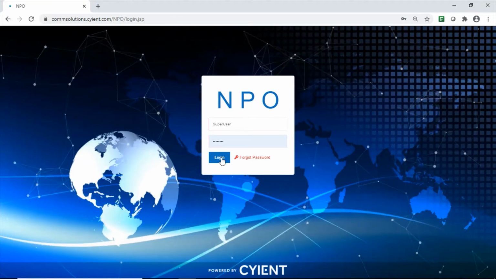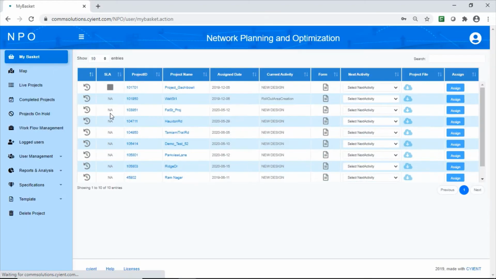So I'm just logging in as one of the users, and you see that there are a lot of categories on the left side. So before that, just a line on the background of the NPO. It is both web and mobile based workflow solution and physical network inventory management solution. So having said that, I would want to first cover on the workflow management, since this is primarily a workflow